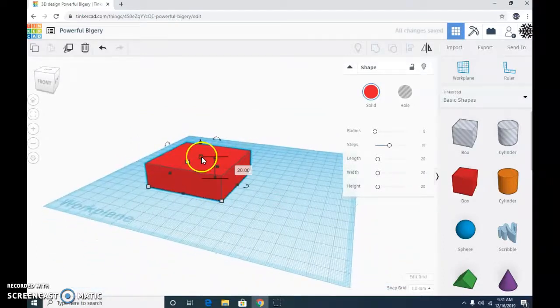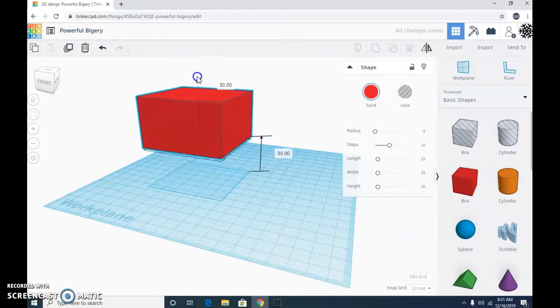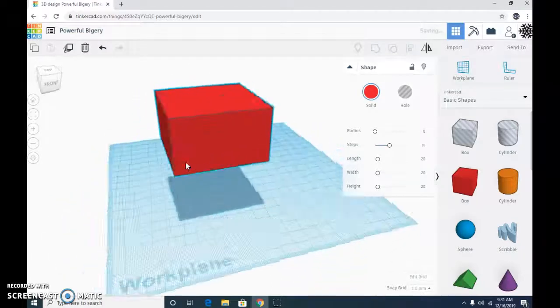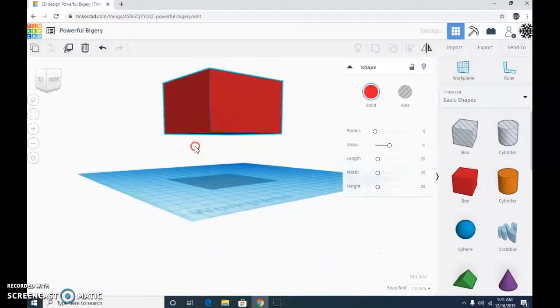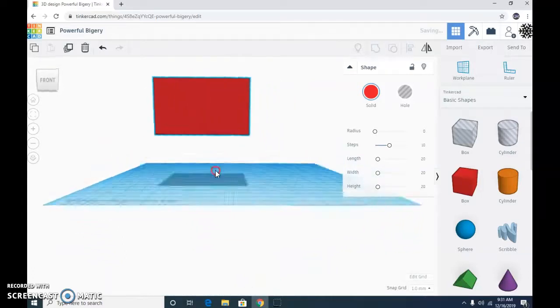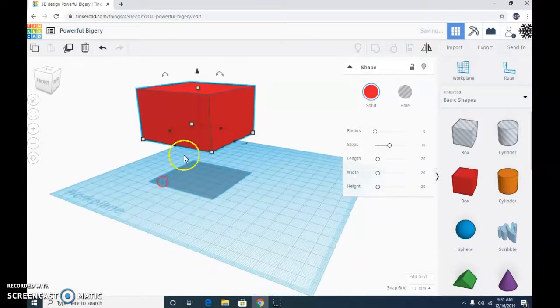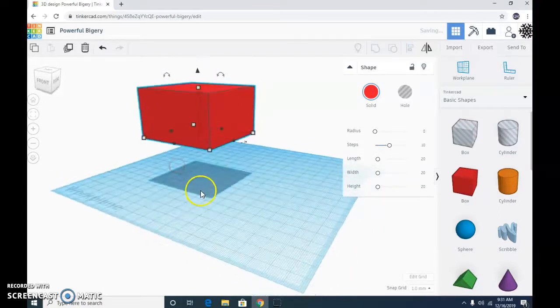I can make them grow in size and height. I can also make them levitate off the ground by using this black arrow right here. Now, this is something that we did not talk about on Friday, so listen up, everybody. Do you see how my object is levitating off the work plane? That's all well and good, but when it comes time to 3D print things, we need our objects glued